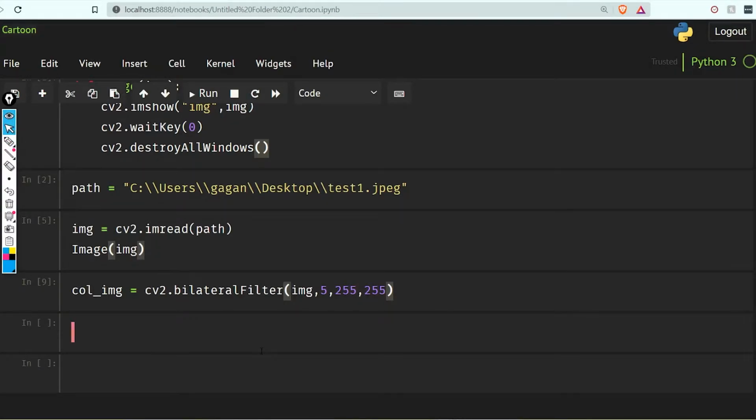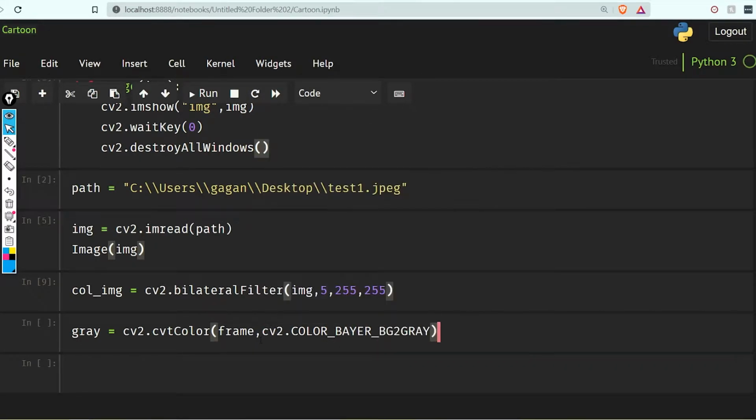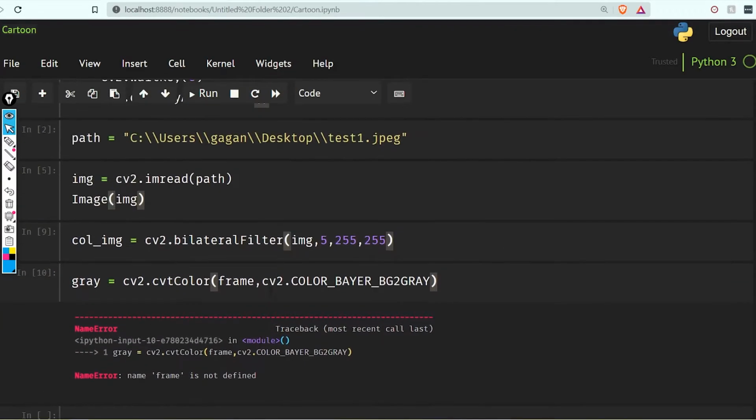So now let's convert our original image into gray. So let's do cv2.cvtColor, image, cv2.COLOR_BGR2GRAY.